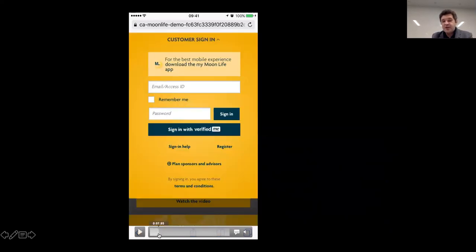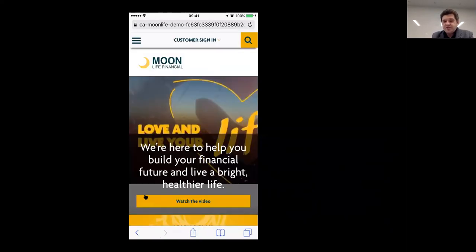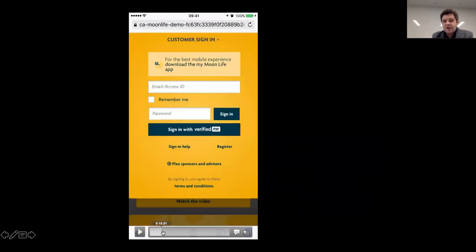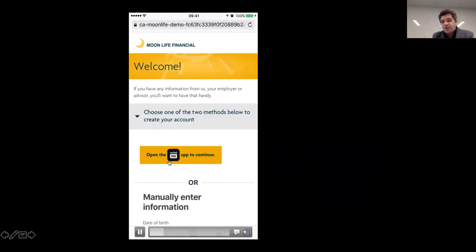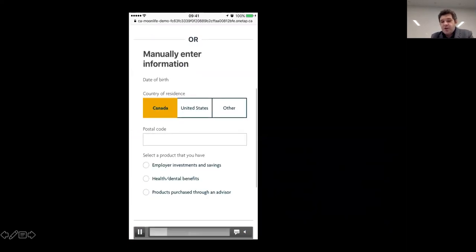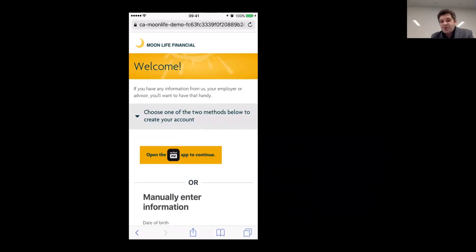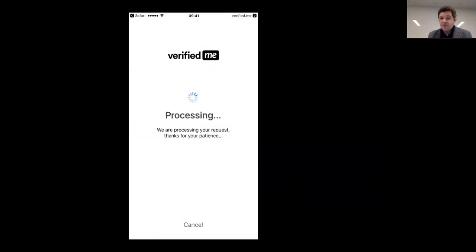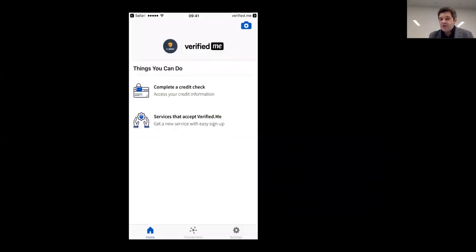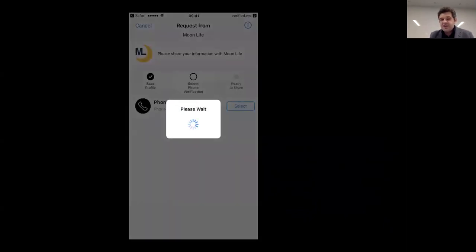you would need to sign up for it. You would need to sign in or create an account, and you could either just fill out the form like you normally would, fill out all information, your address, everything by hand, which is fairly difficult to do on your mobile device, or you could download an app, the Verified Me app, to allow you to sign up quicker. So in this case, we, of course, decide to use the Verified Me app, which will either prompt you to install it, or if you already have it, it will trigger the app for you. If you don't have it, it will open the App Store with some information about it, and how you can get the app.